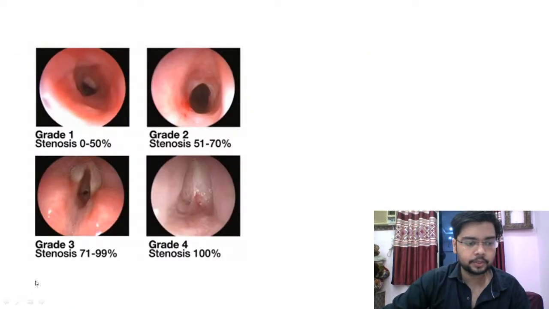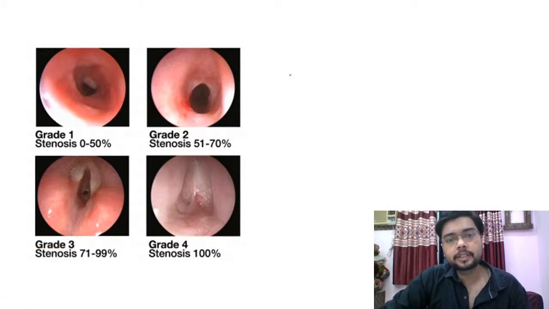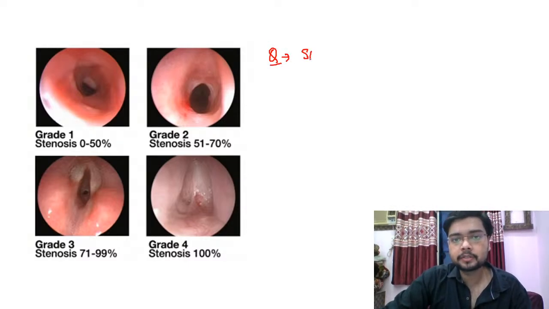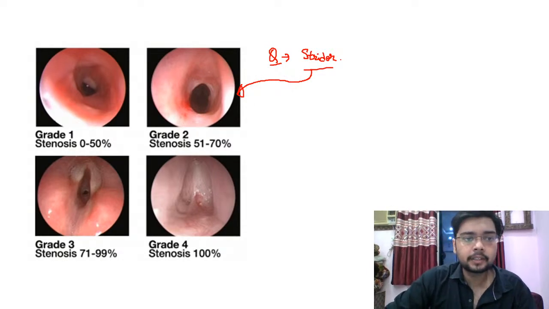Now this is another picture which will be given to you with a clinical condition, like an infant or child presented to you with a stridor. On laryngoscopy, you found that there is partial obscuring of the subglottic lumen. So below the vocal cords you can see some sort of obstruction. So the diagnosis is subglottic